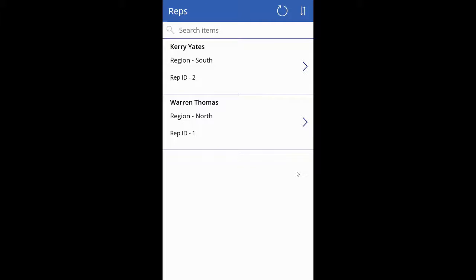Okay, in this video, we're going to look at the actual app. So what you have here is a screen rendering of the actual app itself. I am showing multiple reps here, just so that I can demo different reps, but the person logging in would only see their own information. So for instance, if I went in as Warren,